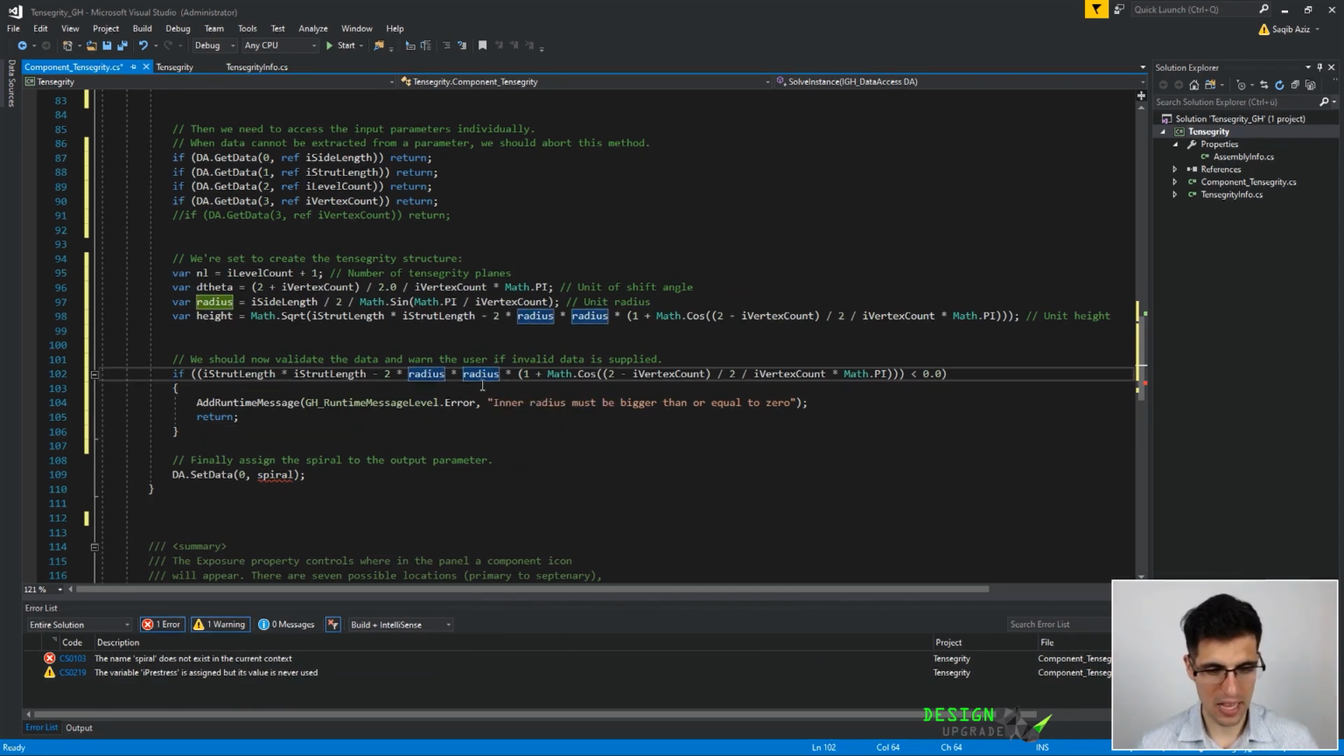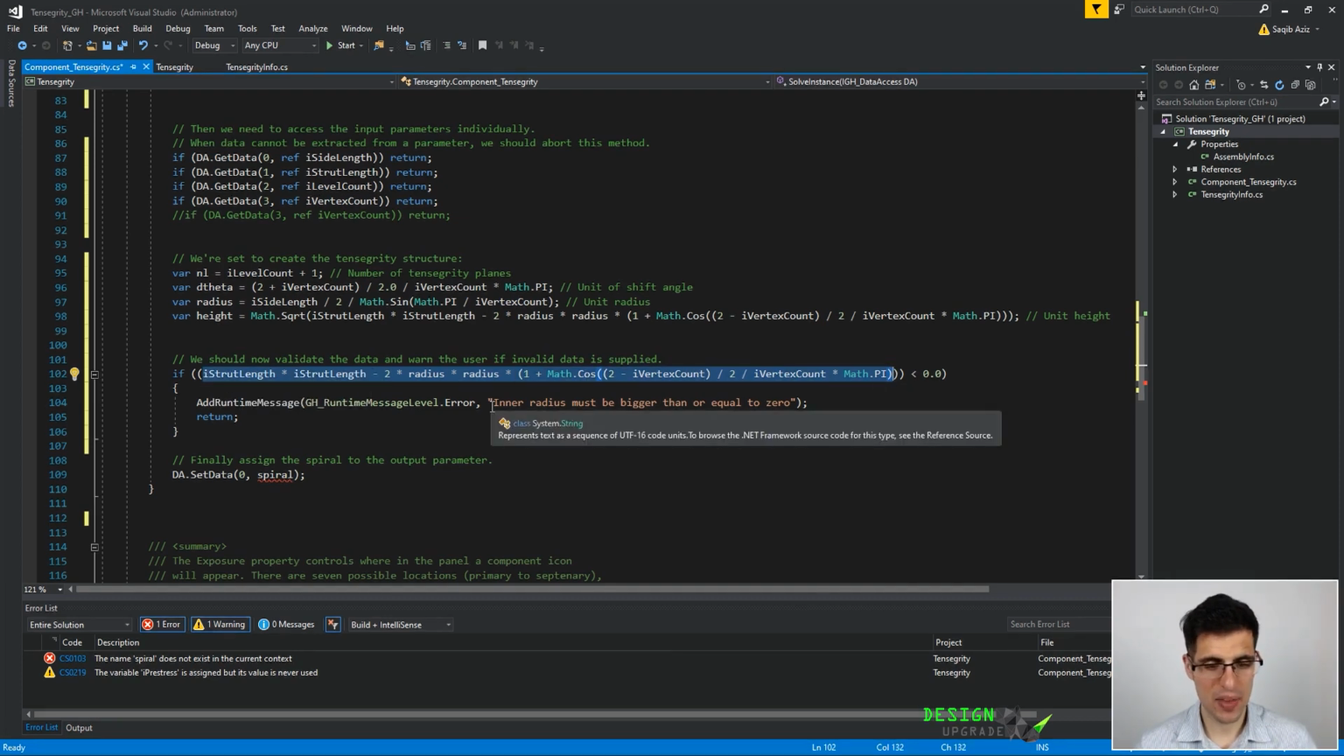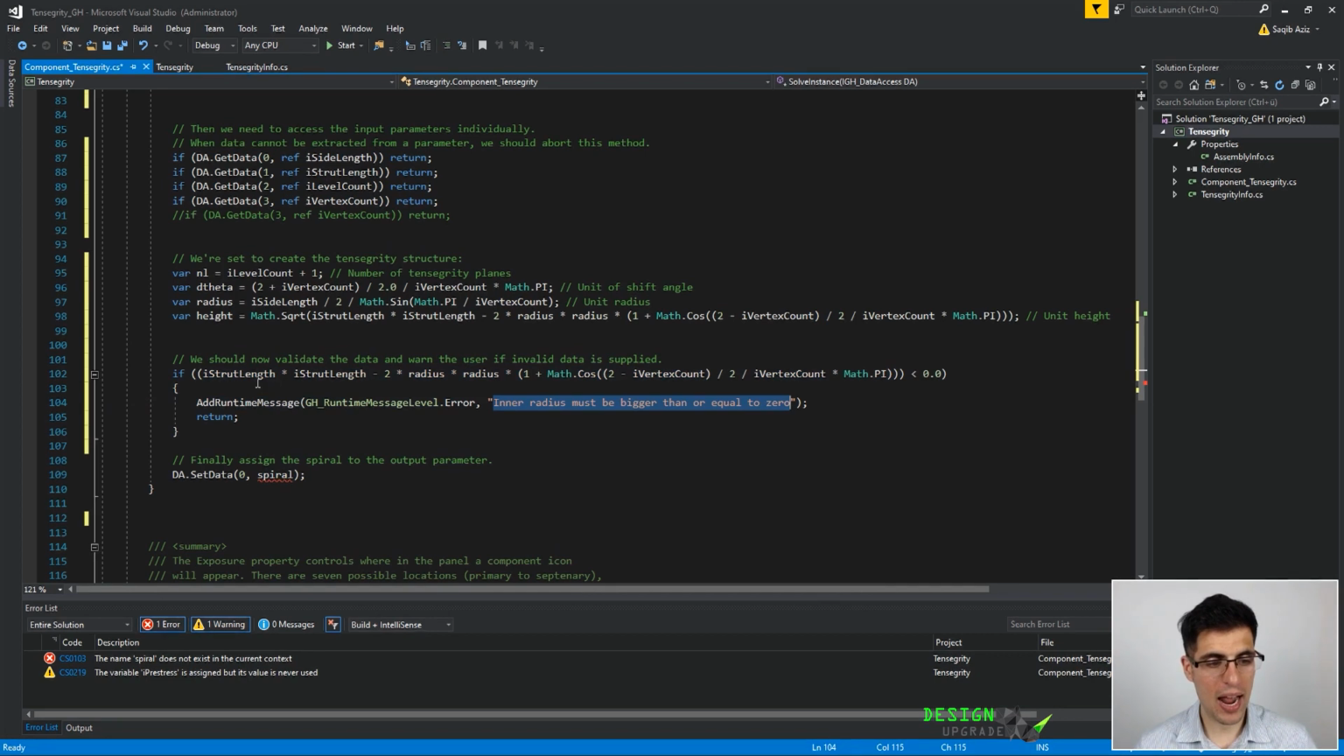So if you take a look, the thing is that the length of our struct elements, or red lines, if you remember from our explanation, they need to be bigger than these values here, otherwise we would get a negative value, and the geometrical definition of the tensegrity would not be possible. So anyway, if this overall value is negative, it means that our struct elements need to be longer. So let's display that message: struct elements